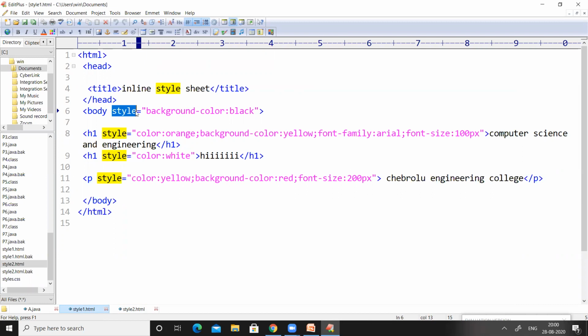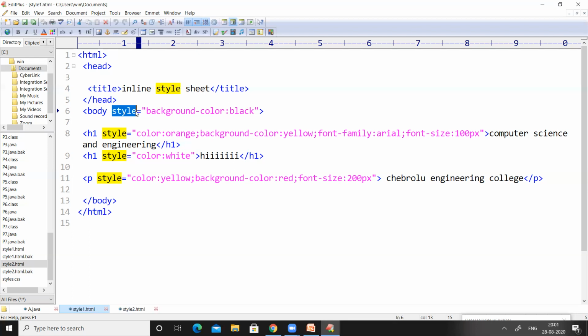Any of the elements, in the sense, we can use the style attribute on the body tag, that means body element, or we can use the style attribute on H1, that means heading 1 element. We can use the style attribute on a paragraph, that means P. Similarly, we can use the same style attribute on the majority of the elements in HTML.